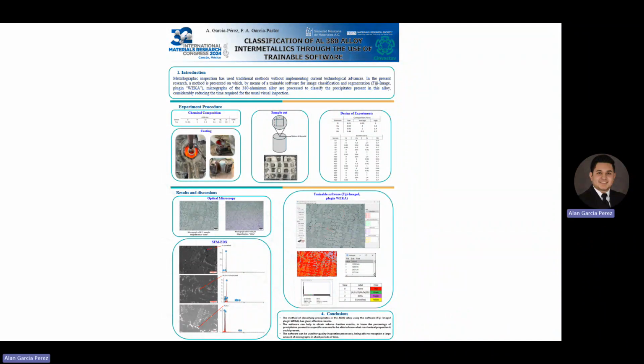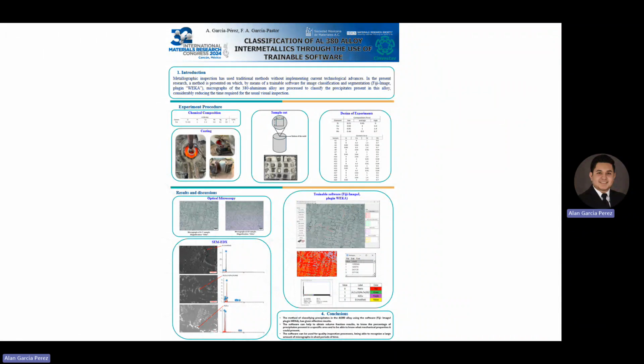Each precipitate has a value from 0 to 3, as well as a color that distinguishes it, so that when the segmented image is obtained, it is possible to know how many pixels there are of each color. In this way, it's possible to know the volume fraction of each element present in the segmented micrograph image. Finally, the conclusions to take into account are: